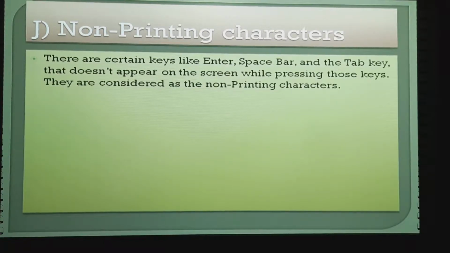Instead, whenever we press the space bar, tab key or enter key, a blank space will be created. For example, if we press the space bar key, it will shift our cursor one character forward. Similarly, if the tab key is selected, one word forward, and enter, one line forward. Now in between